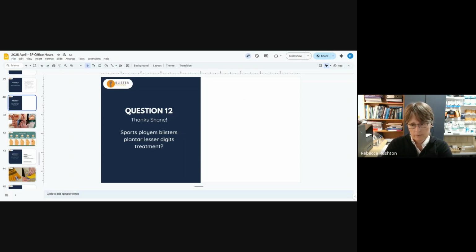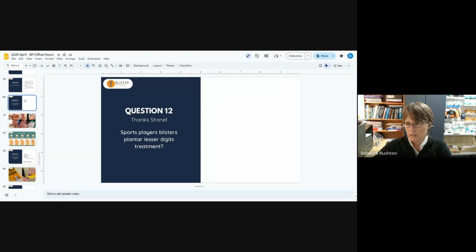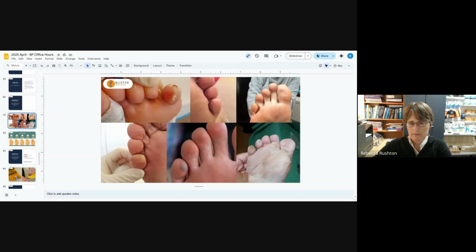Shane asks, sports players, blisters, plantar lesser digits treatment. Okay, I assume we're talking about pinch blisters here, these kinds of blisters. Treatment. Okay, well, treatment is,